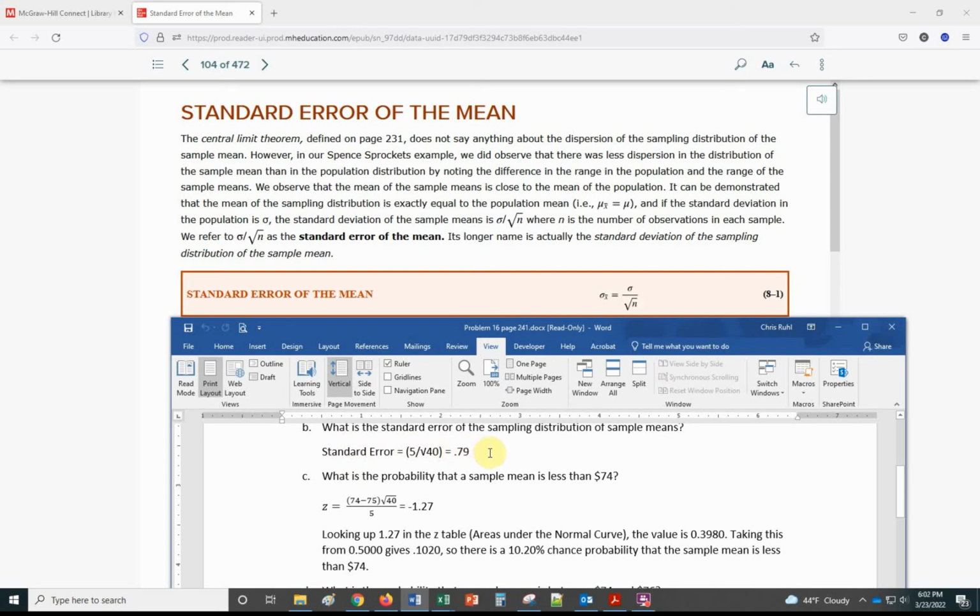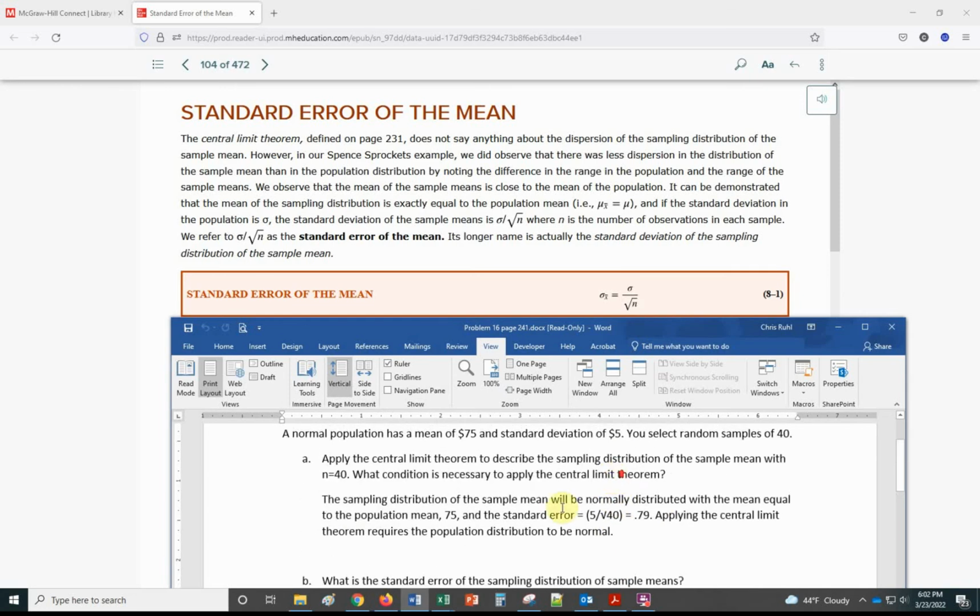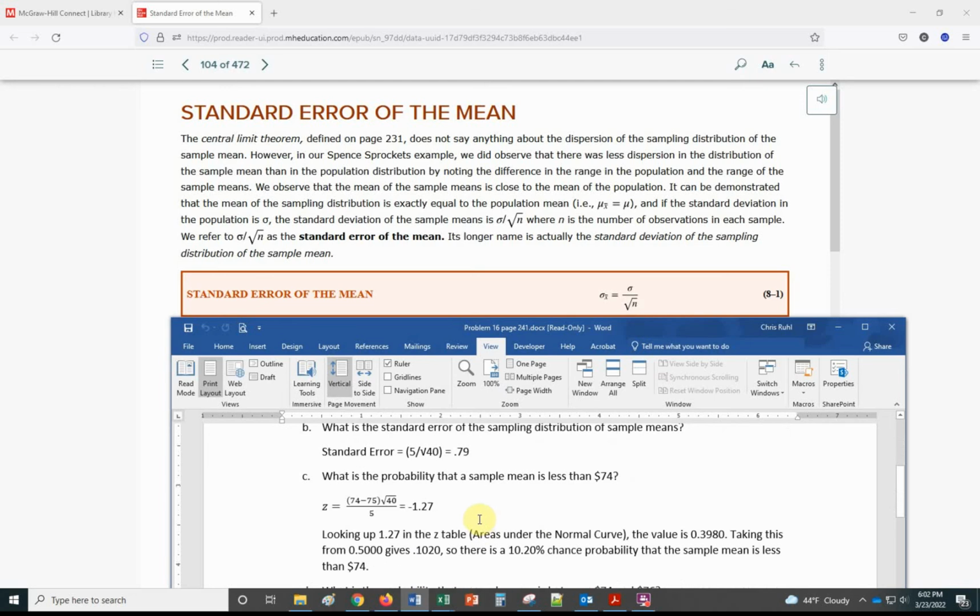Now we get into the fun stuff. What is the probability that the sample mean is less than 74? Now, whenever you get a question like this, you have to start in the middle. You have to start with the population mean. Population mean is 75. So what we're going to do, it gave us, what if it's less than 74? Okay, so we're going to have 74 minus 75, that difference, times the square root of 40. Why is that up here? Well,